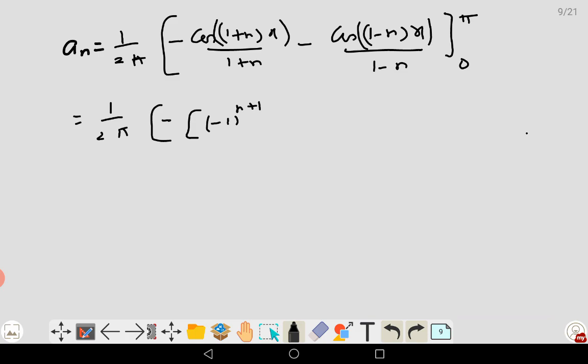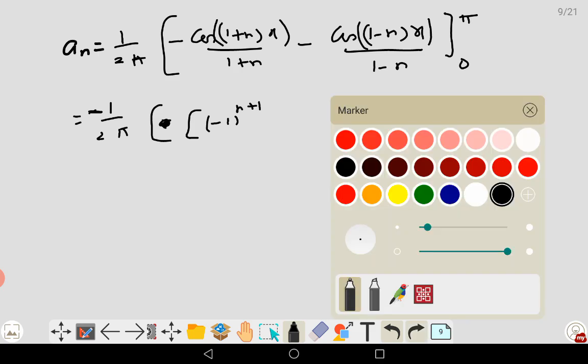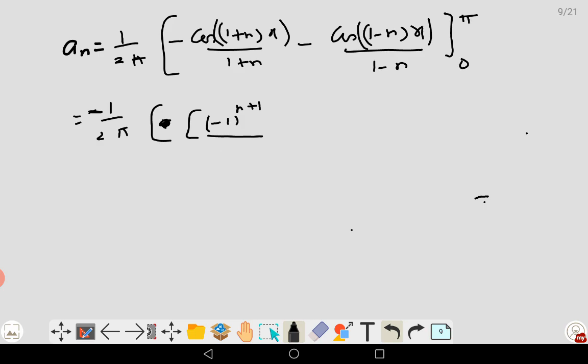Again, for this term, I take minus outside from both the terms, so keep the minus outside, positives will be there inside. Pi will give you this one, minus 1 to the power n plus 1 divided by 1 plus n plus, again this one will be minus 1 to the power 1 minus n